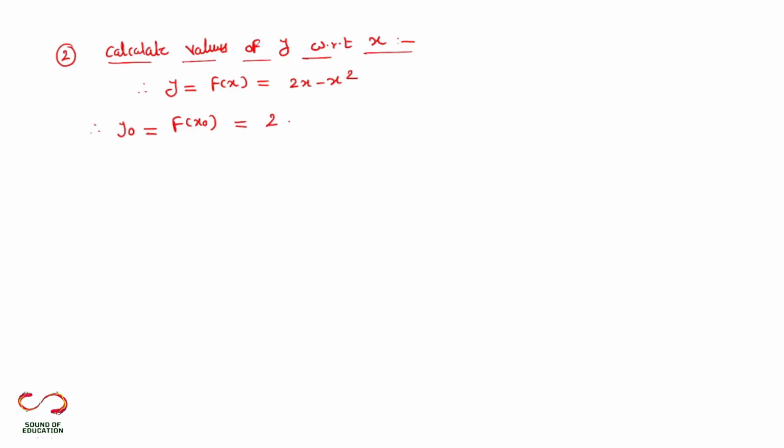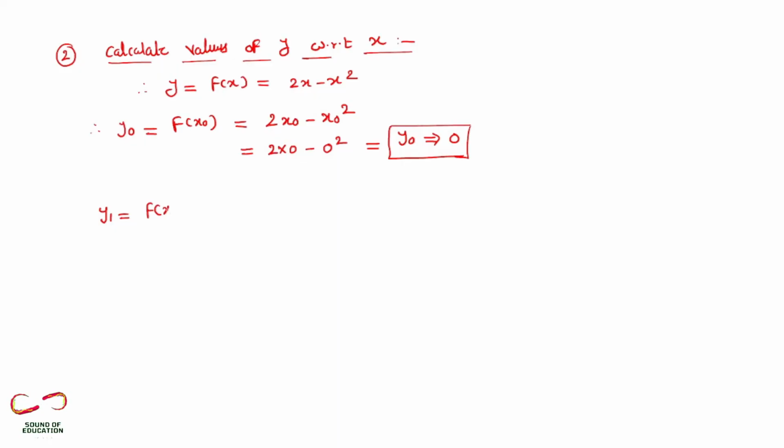You can see 2x0 minus x0 square, राइट। अभी x0 हमें कितना दिया था, 0 है, तो 2 मल्टीप्लाई बाय 0 माइनस 0 स्क्वायर। सो y0 इज इक्वल टू 0, राइट। तो ये हमें सबसे पहले y0 की वैल्यू मिल गई।